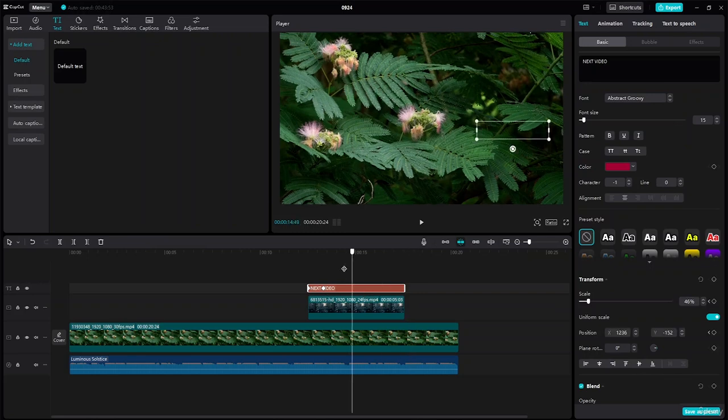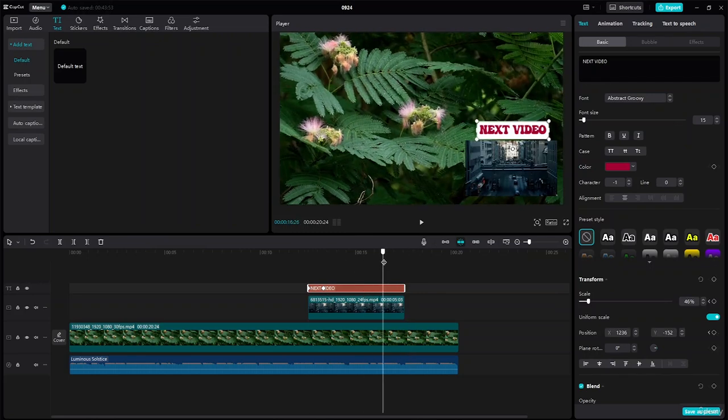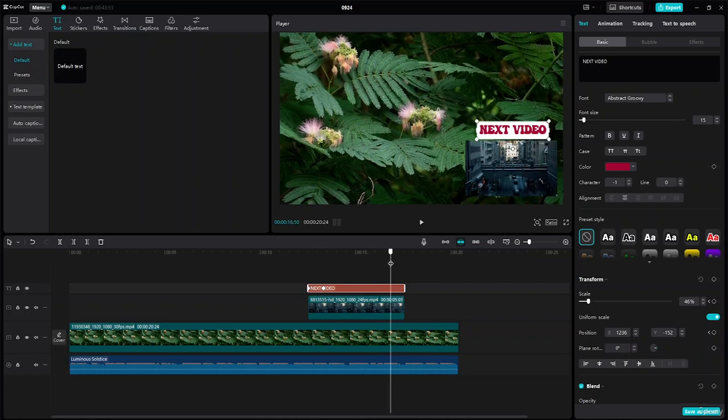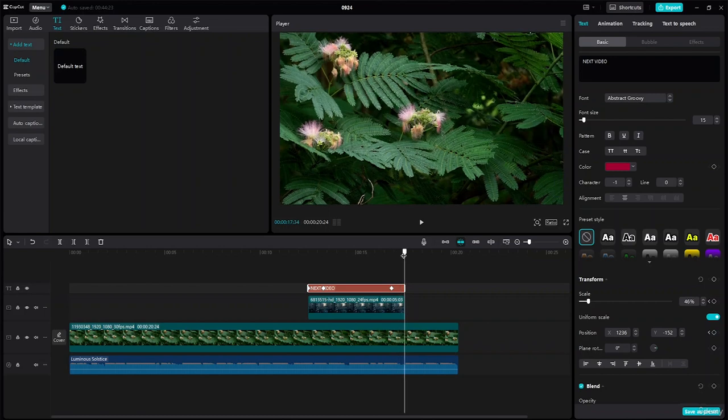So the same way, let's come here and now at this particular frame, I'm going to add another keyframe. Okay, so let's add another keyframe. And here I am going to put another keyframe as well. So now